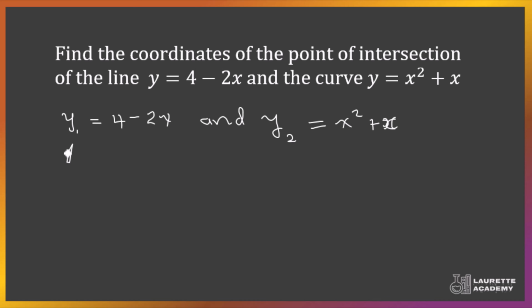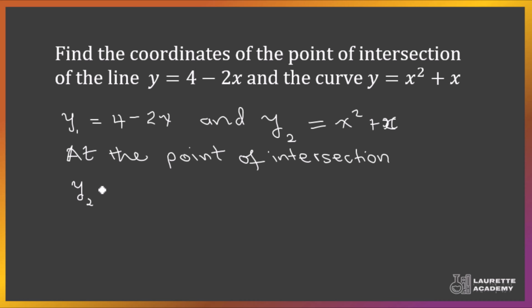So this means that at the point of intersection, y2 must be equal to y1. This implies that x squared plus x is equal to 4